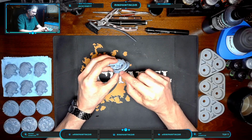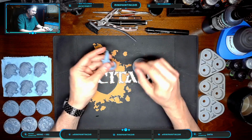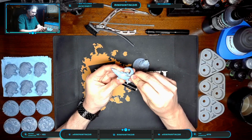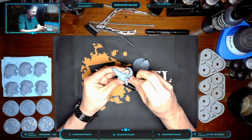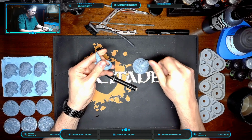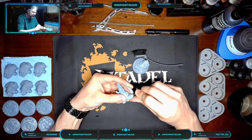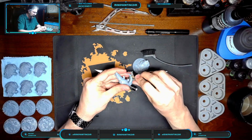I think I want to clean up a little bits, like here at the tail, and maybe on the edge of the belly where you could sort of see. The stuff that's all the way at the bottom, I'm not going to waste a whole lot of time cleaning up. I might get a few of the big outliers just to make sure it doesn't have issues connecting to the base, but I'm not gonna waste a whole lot of time on this guy. I do want to clean up the tail. Some of those supports were obvious from a side profile,